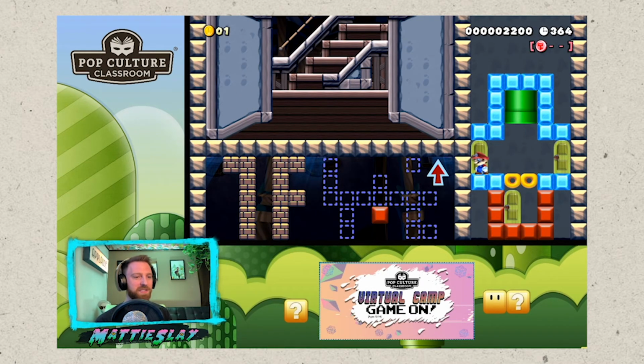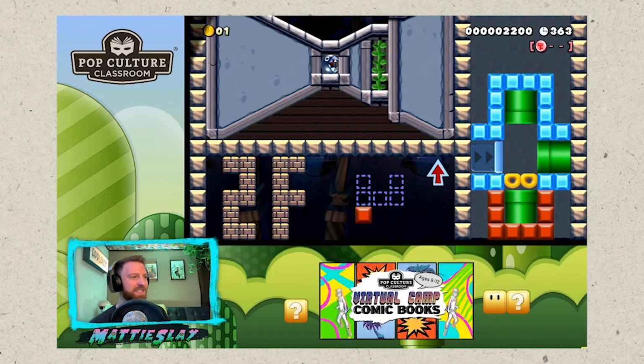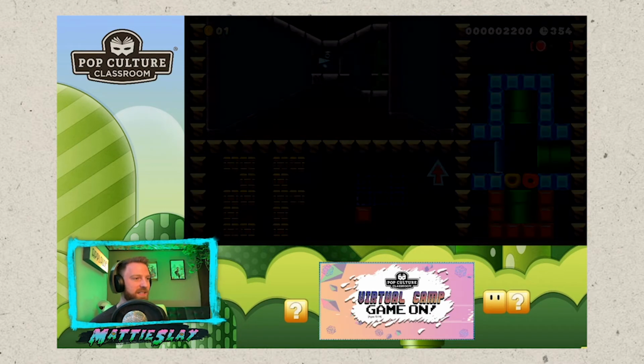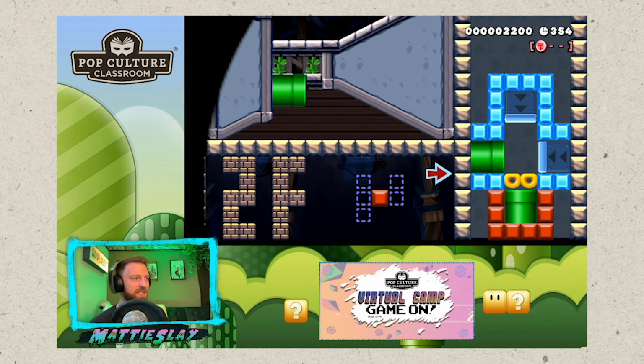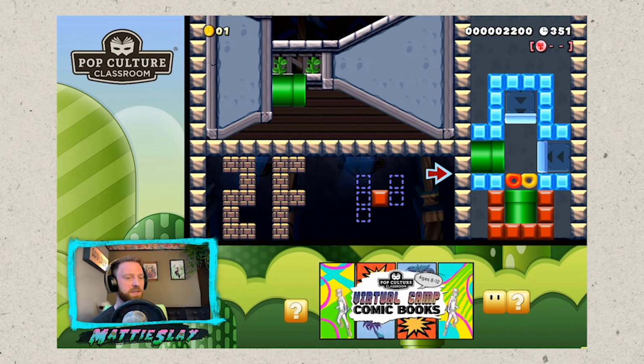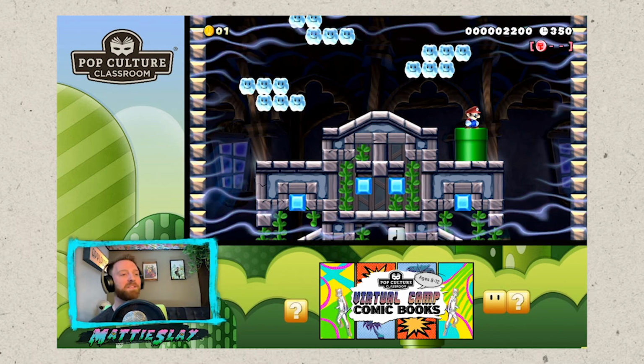So let's go up the stairs. Now we're on the 2nd floor. You can see here, 2nd floor is not very big. There's a bow wow directly in front of us, and to the right there is a vine going up. So let's go to the right. Okay, looks like we're gonna go through this warp pipe over here. And now we've made it to the roof